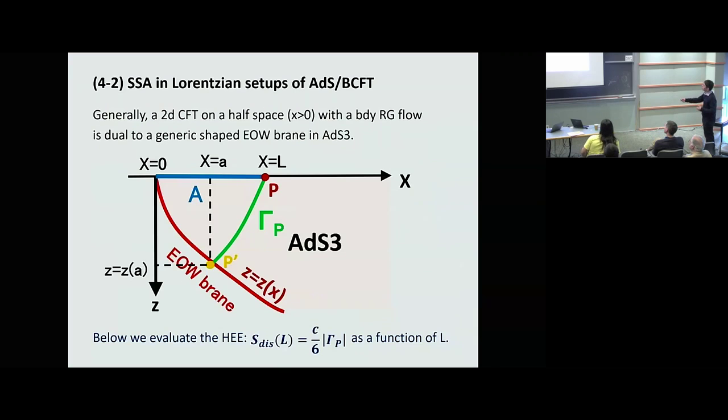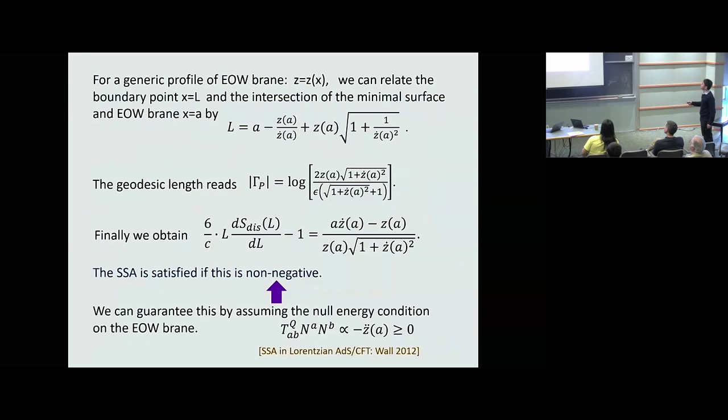So this is the end of the world brane, this is the AdS3, and this is subsystem A, and we are computing this length. In general it's non-trivial, but in the AdS3 case we can have a nice analytical control. So we are interested in this disconnected entanglement entropy. These are some details, but in the end, we get this. This derivative is very important because we want to claim this is non-negative. Strong subadditivity says that this is non-negative. And so this combination looks like this. Sorry, this should be smaller than 0. So this combination, indeed, we can show strong subadditivity is satisfied. This is smaller than 1, non-positive.